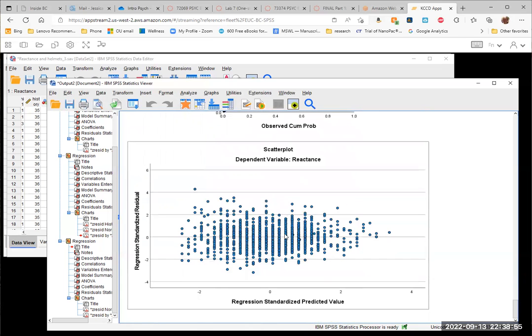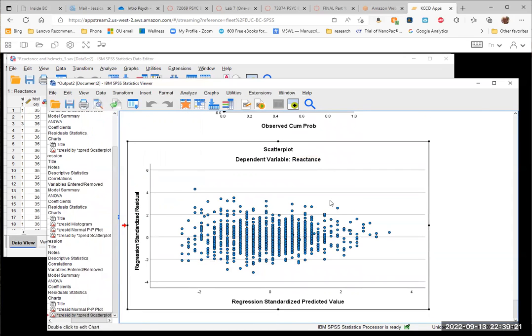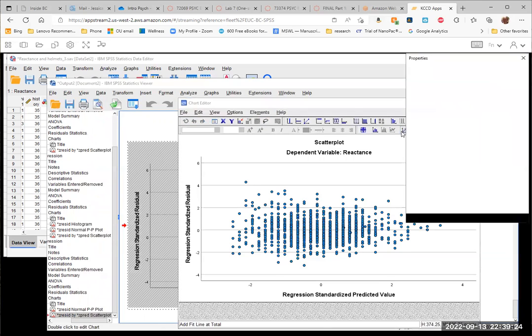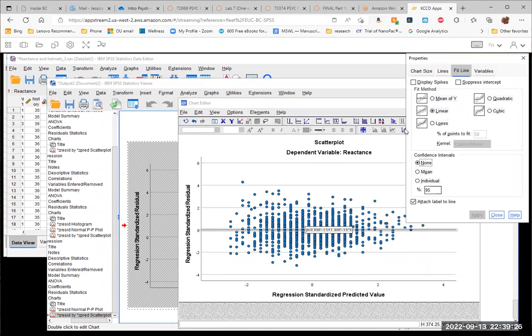And then we get to our scatter plot. So we have predicted values and our standardized residuals. That's the difference between the predicted and the actual data, right? And what we want here is something that's fairly equally spread around zero all along the different values, right? So we can double click this to better visualize it. And we can add a LOESS line. So we click on where we add the regression line to plots, and we select LOESS, apply,